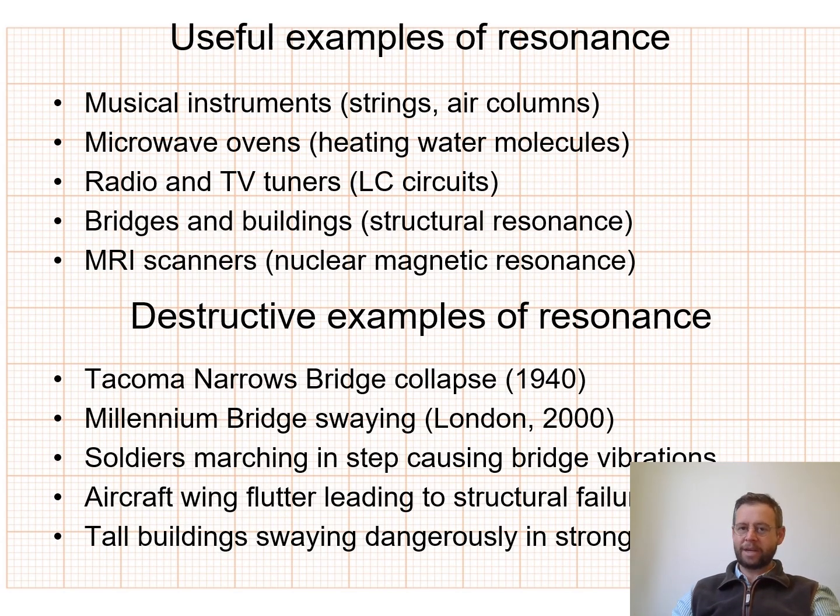Now, the most common question you're going to be asked is just for examples. So it's really useful to understand why these are resonance examples. Musical instruments: go back and take a look at those standing waves forming on a guitar string, when you can fit in half a wavelength across the length of the string, or you could have 2 nodes or 3 nodes. An important thing to realize is that you can fit multiple different size waves on the same string,